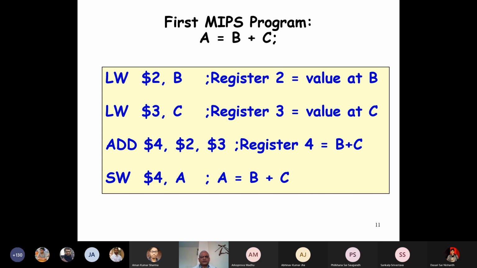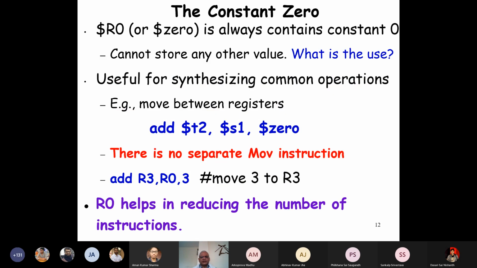Here we load the memory operands into 2 registers, do add, and then store back. If it was a CISC computer, we might have done this in one instruction: add M, and then A, B, C. So B, C are added and stored in A. But this is a RISC processor. We use 4 instructions.